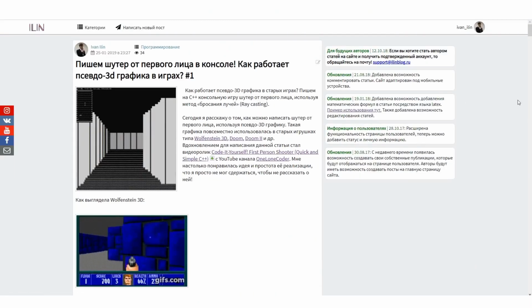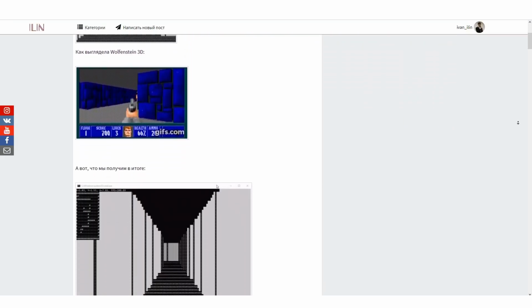We output only two nearest edges, but often the player must see three edges. The fact is that adding a third one introduces an artifact in the form of display of those edges that we shouldn't see. It's a problem that can be considered in the future. In fact, that's all. We have a simple walker in which you can navigate. Naturally, the graphics of such a game can be greatly improved and made much more beautiful. But the purpose of this video is to introduce you to the basic principles without going into deeper technical details. As I said before, you can read about the creation of this game on my website or visit the